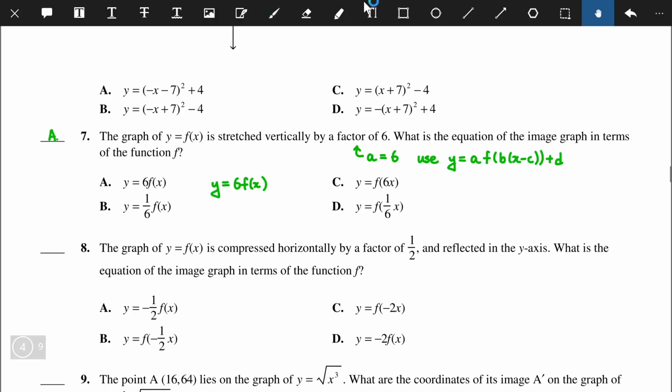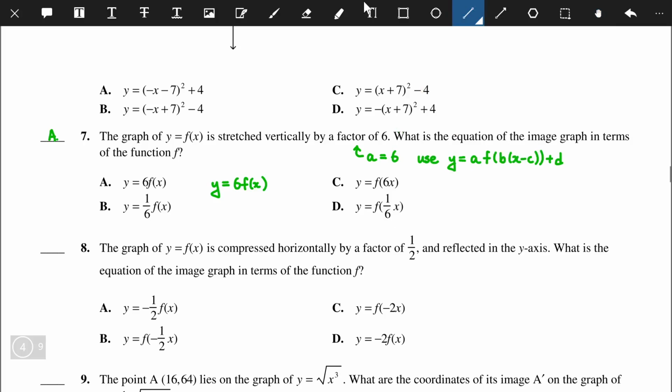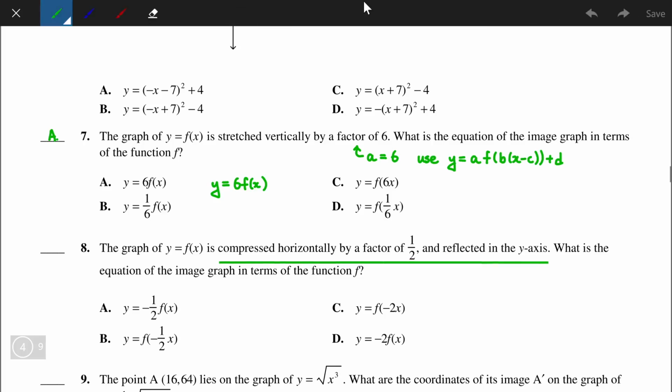Number 8. The graph of f of x is compressed horizontally by a factor of 2 and reflected in the y-axis. What is the equation of the image graph in terms of the function f? So, with these two transformations, the compression horizontally and also the reflection in the y-axis, they can be combined to say that b is equal to